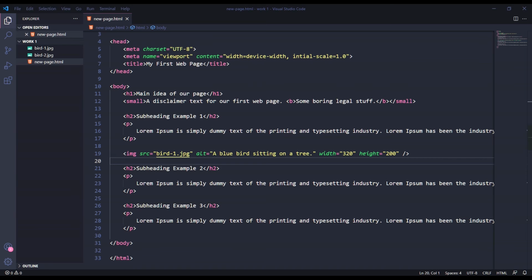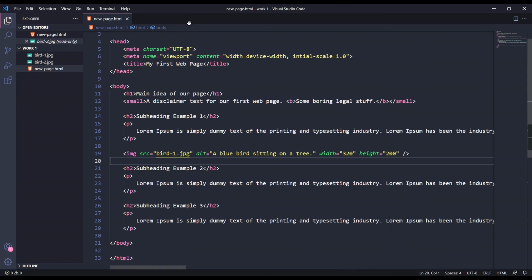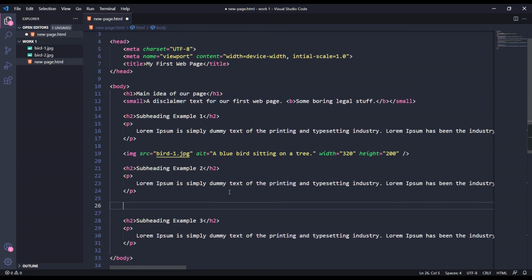And for the second image, we can just copy our previous tag and place it where we want to load the second image. We need to change the source to Bird2 because it's named differently. And we should also change the alternative text to Greenbird. And because this is a portrait mode, we need the height to be much larger or our image will look distorted. So let's place something around